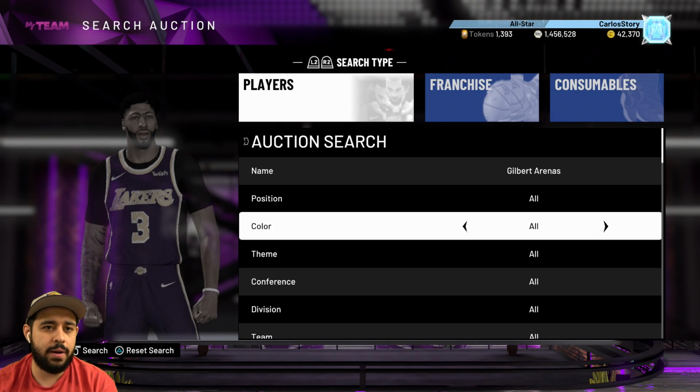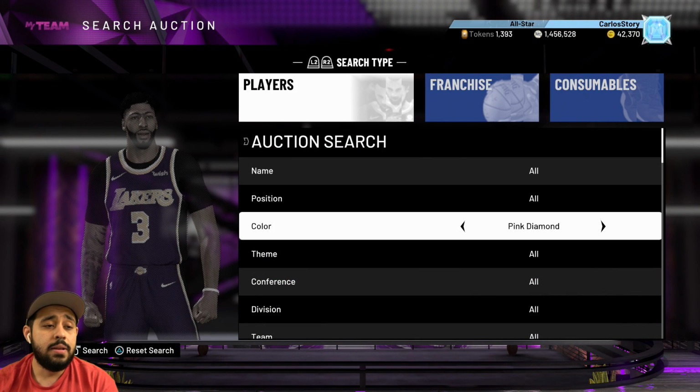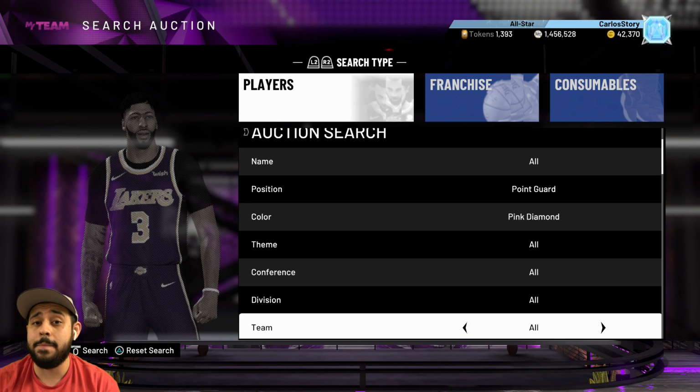I don't know why he's not showing up. Ooh, let me fix that real quick. Oh yeah, he's glitched. I forgot about that. So pretty much you can do this with almost any card. DeAndre Ayton, Gilbert Arenas. You can do it with every single card that is new,